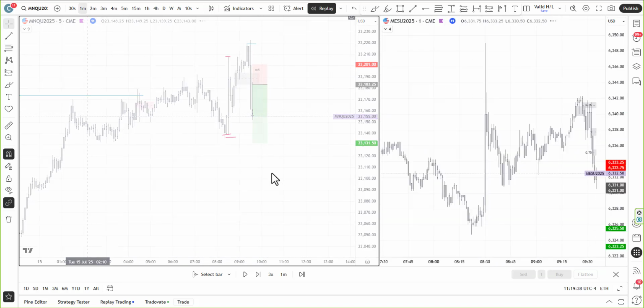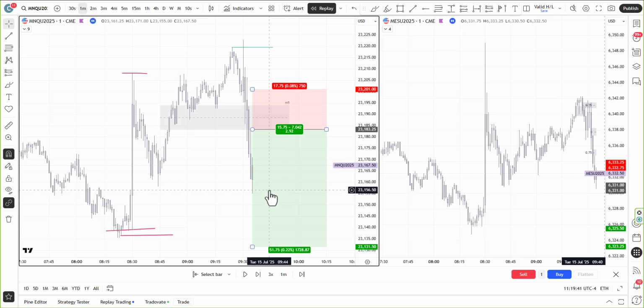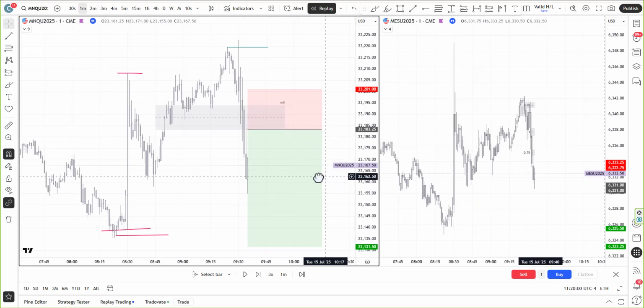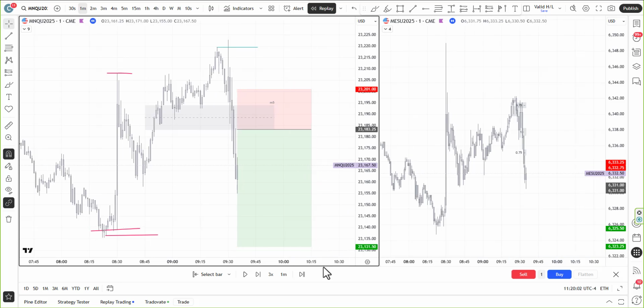So overall that just looked really good, and the setup was actually screaming at me, and at that moment I only had emotional reasons not to take it, but there was no system or model reason. My checklist for my model or strategy did not mention anything like don't take it. All lights were green, but I didn't do it. So that's definitely a learning from my side on the emotional part.